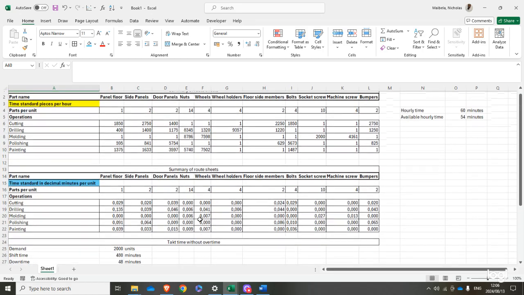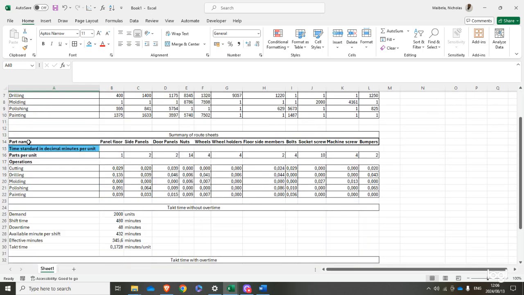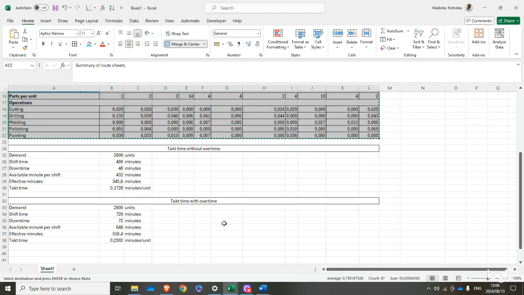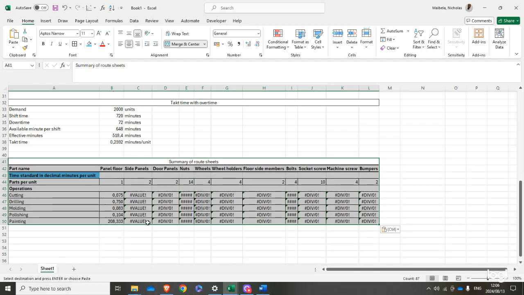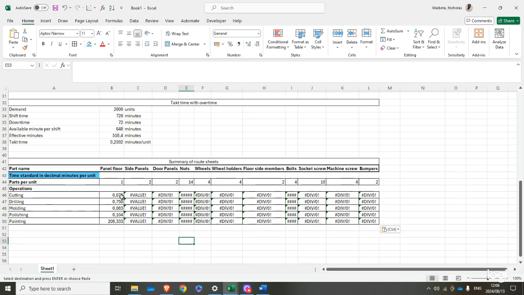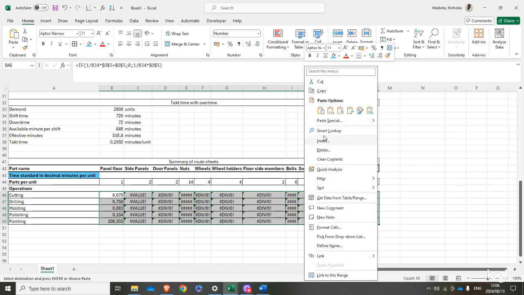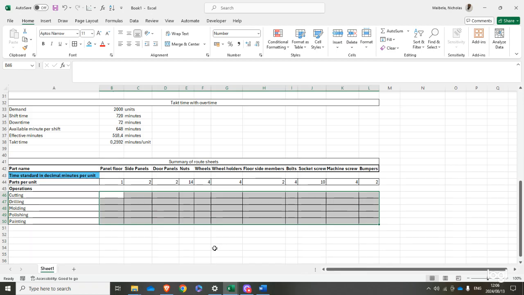So how you do that is, let's just copy and paste this table, and then we can just clear these contents. Right click and then clear contents. Okay, and then we can just rewrite this and say